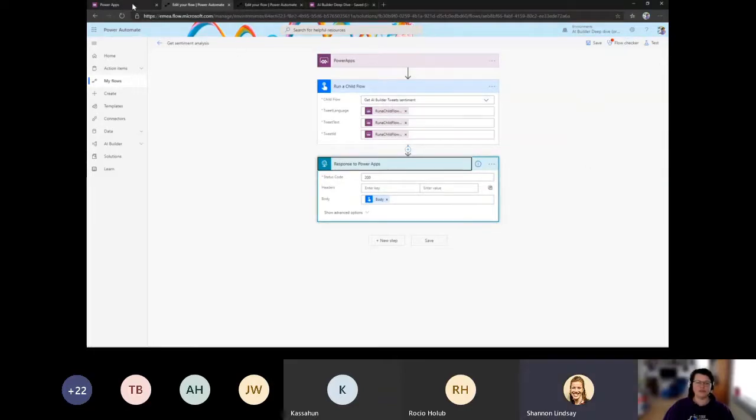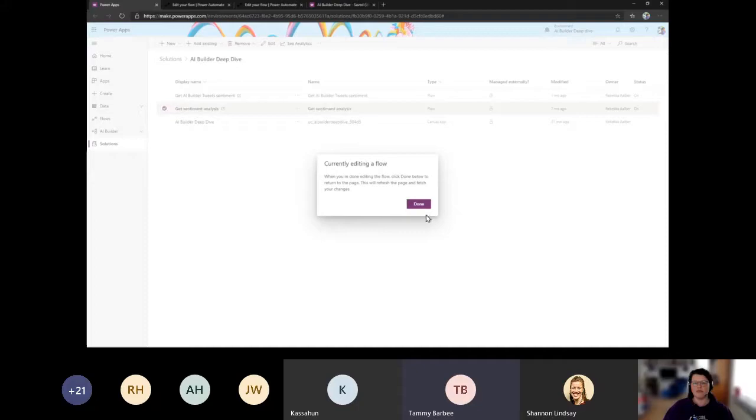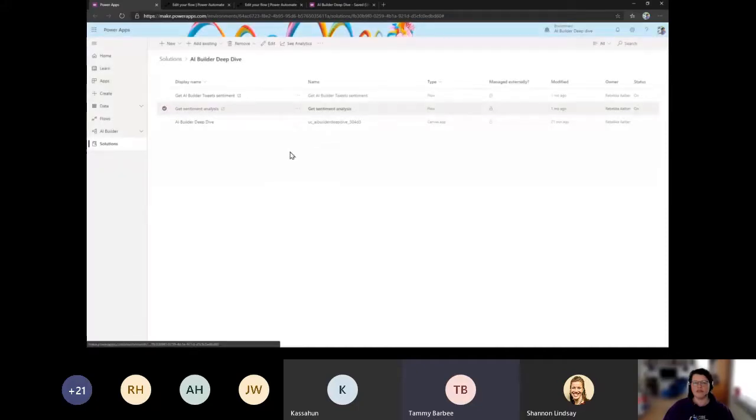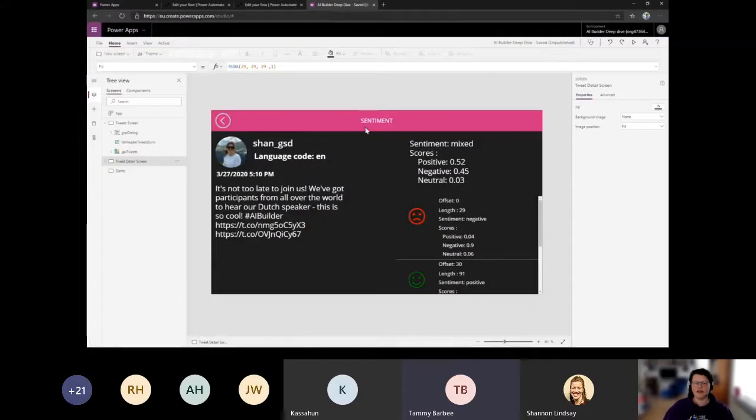Rebekka, can I jump in with a quick question from the chat? Yes. So Tammy asks, it looks like she's following along on her machine, and she says, I'm not clear where to begin. I'm in the Power Automate mode, but I saw a different screen that says something about manually, and I wasn't sure if you clicked on the create button or did you go to home in order to start the flow. I wasn't sure where you began.